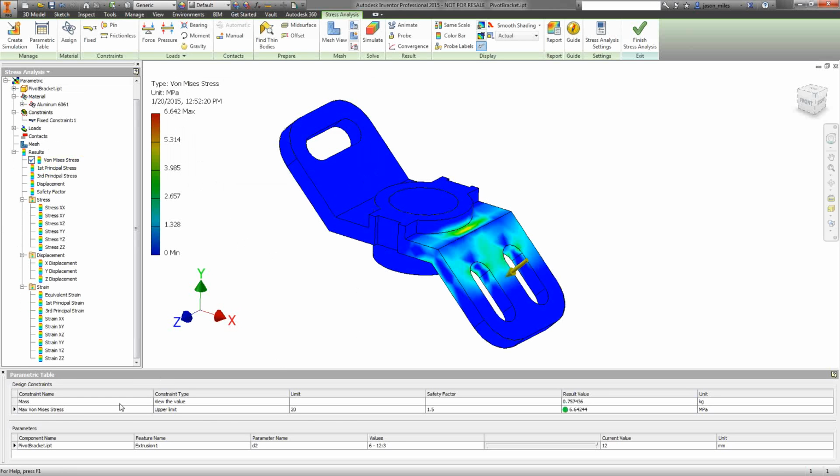Now down at the bottom, you'll notice in our von Mises stress, and this is why I said I'm a big fan of a parametric table, at the current value of the 12 millimeter thick, we got a green circle here with our von Mises stress, letting us know that this configuration falls within the limits that we have set. So this one is okay, and it meets all the criteria. The next thing that I can do